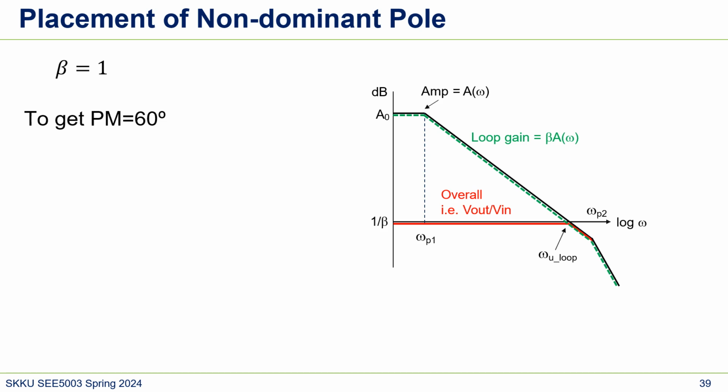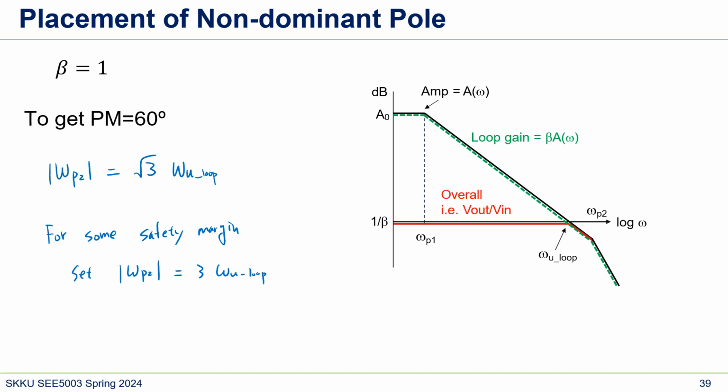So to write it down again, for PM 60, phase margin 60, it means the non-dominant pole, which is pole 2, should be square root 3 times omega unity gain, loop. But for some safety margin, we can set omega p2 to 3 times unit gain frequency. So to just review this Bode plot, what happened is this is like a loop gain,